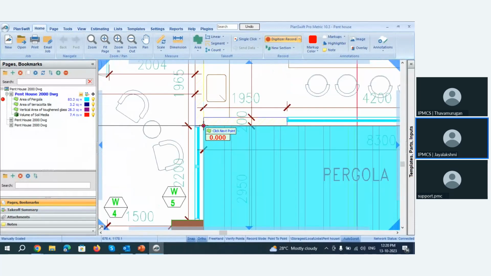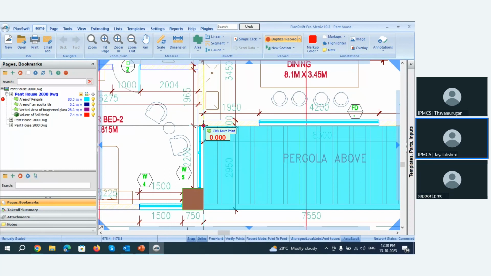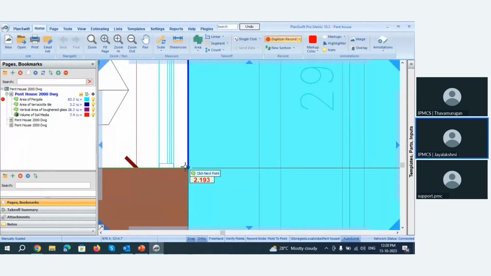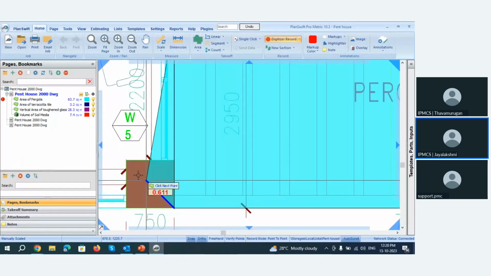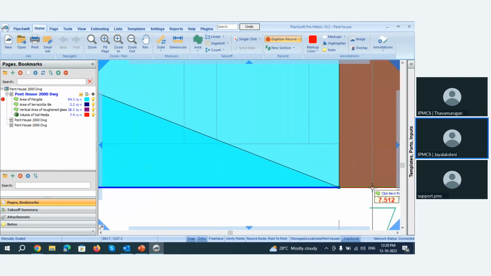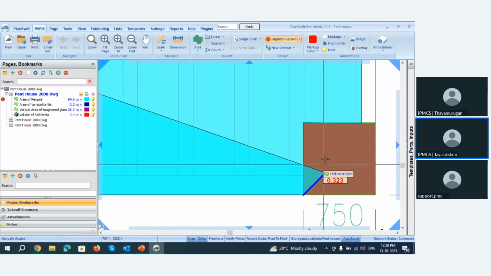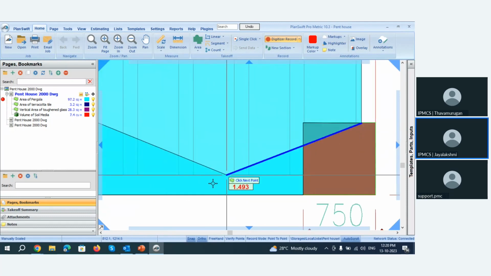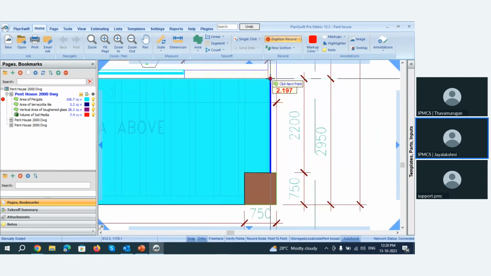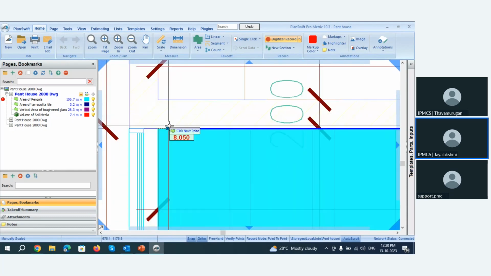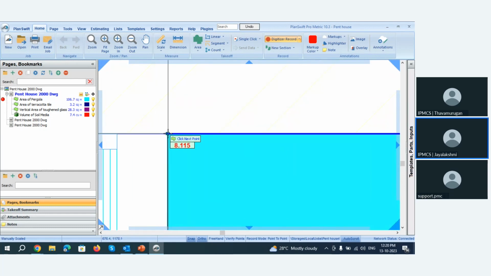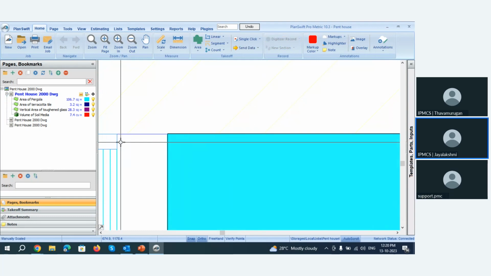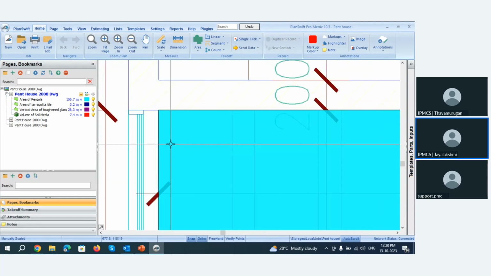This is an AutoCAD drawing which is loaded. Therefore, the corner points will be picked up automatically by the tool. The snap function is activated. You can just use the left click button of your mouse to pick up the points, and you can zoom in and zoom out for the precision. Click on that, and you can click on C for stopping the takeoff, or you can just press escape,